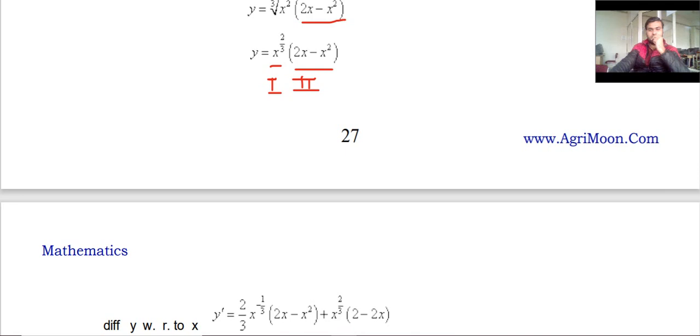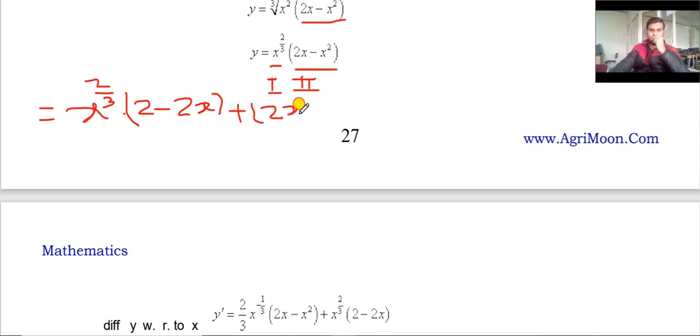So what is the formula for calculating the differentiation of the product of two functions? That is first function, that is your x to the power 2 by 3, into differentiation of second function. So differentiation of second function 2x minus x square: we write 2, differentiation of x with respect to x is 1, so 2 into 1, that is 2, minus differentiation of x square. So this power 2 comes to the front, and x to the power 2 minus 1, that is 1, plus second function 2x minus x square